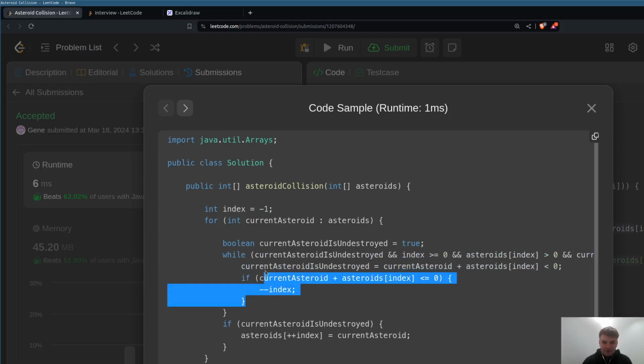Okay, and if they nullify each other, if current asteroid and then the previous asteroid,